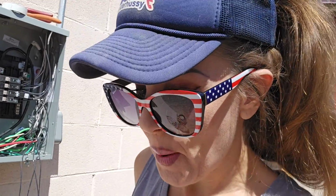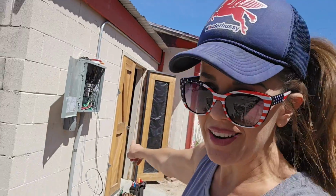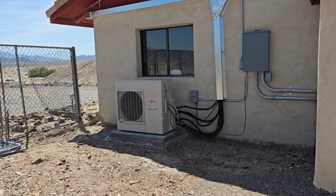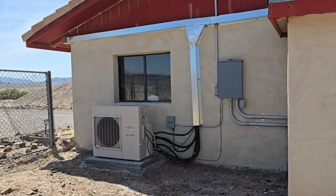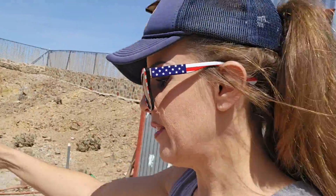That's right, my good buddy Terry, who's an electrician, has been out here slaving away in the Death Valley sun, upgrading the electrical on the casita so that I can finally get a mini split. You know, a mini split, heat pump, whatever you want to call it. The same thing we had put on the main house to keep it cool in the summer and warm in the winter. Well, I decided I'd like to have one of those for me on the casita